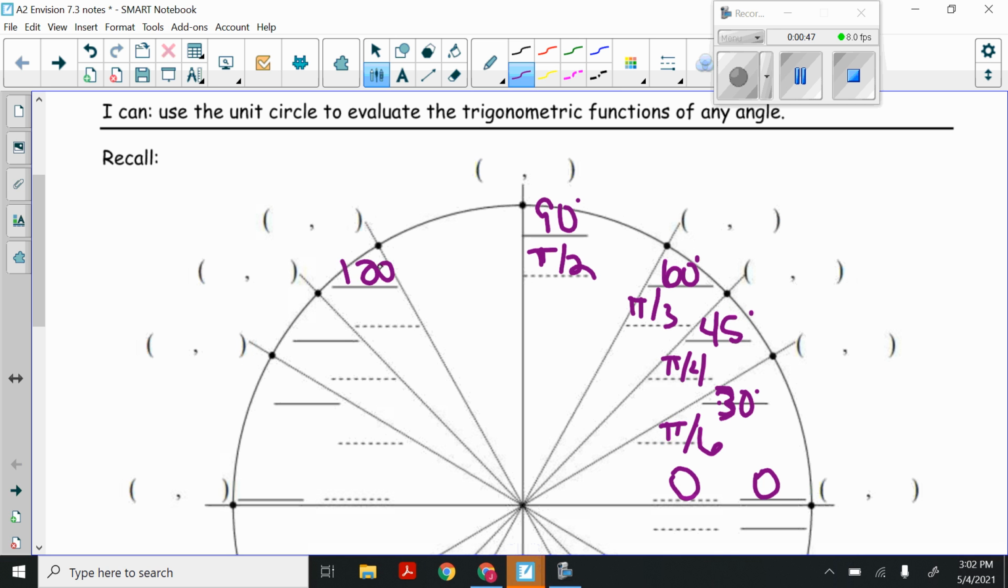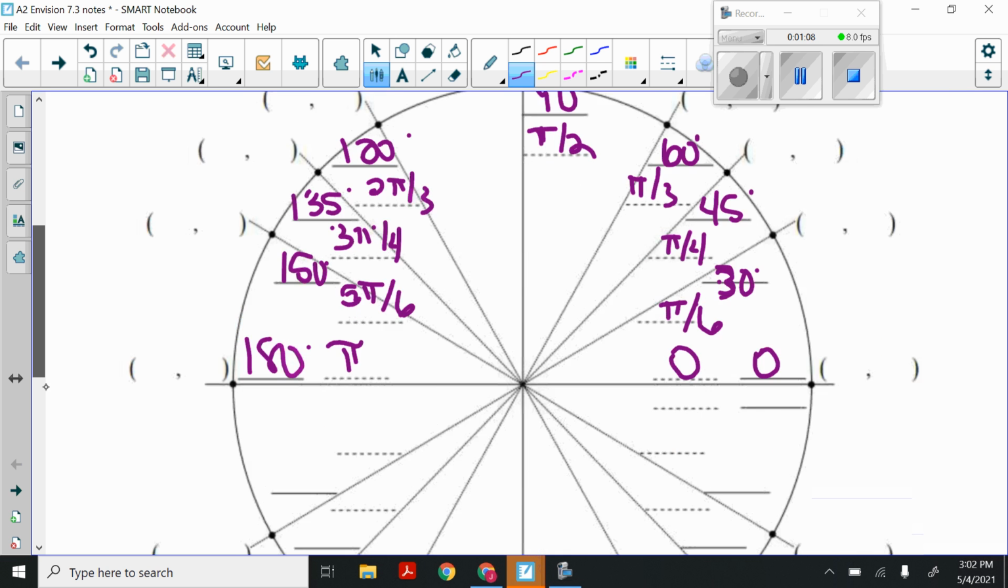120 degrees, which is 2 pi over 3 radians, 135 degrees, which is 3 pi over 4 radians, 150 degrees, which is 5 pi over 6 radians, 180 degrees, which is pi radians,